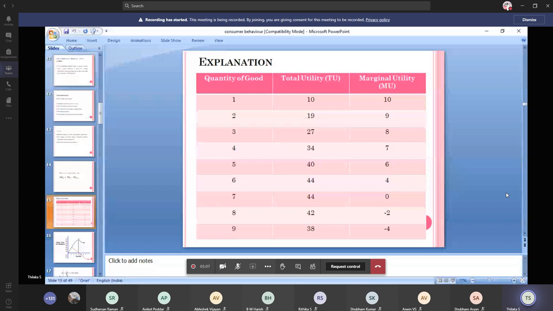Don't learn it by heart. If you know the meaning of the statement, that is the definition, it is enough. That is, you have to write what diminishing marginal utility means, and the assumptions and the concepts which were used. From that, the body of the theory starts. It includes the explanation, diagrams, and the last part is the limitation.